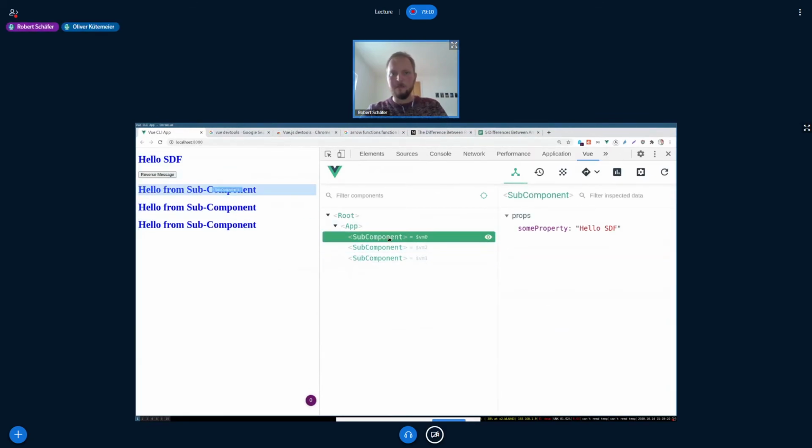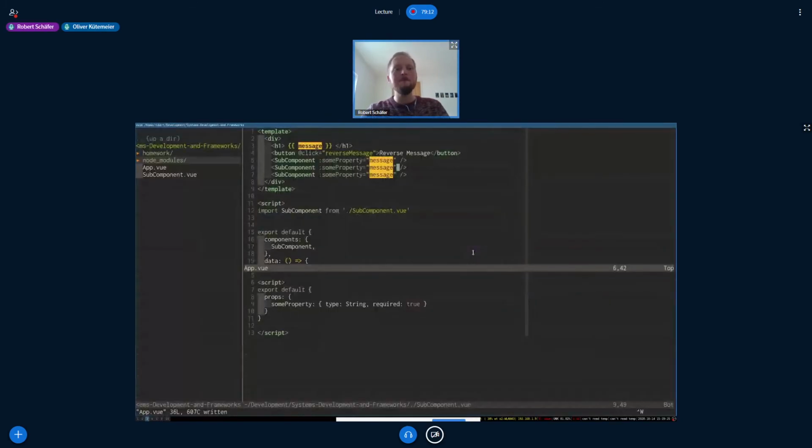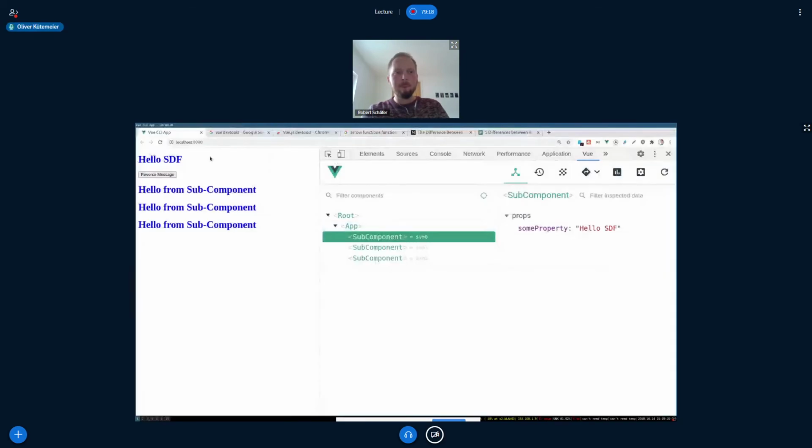All right. One question. If you hit the reverse button now, it should reverse the string. Is the property also updating? Yes. If the property of a component gets updated by the parent component, this component will re-render. That's a great question. So you can see that here. This is some property of subcomponent. And you can also see that message is also referenced in the app component, and it all updates,